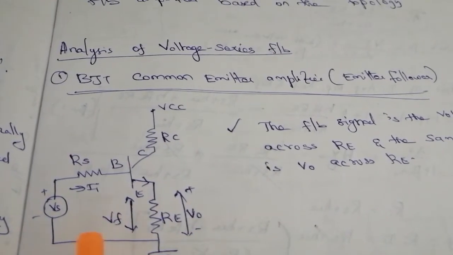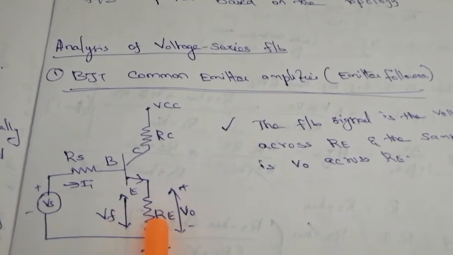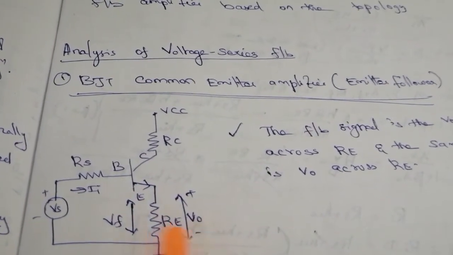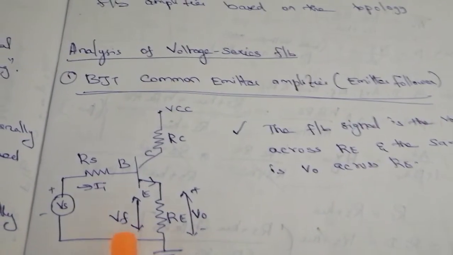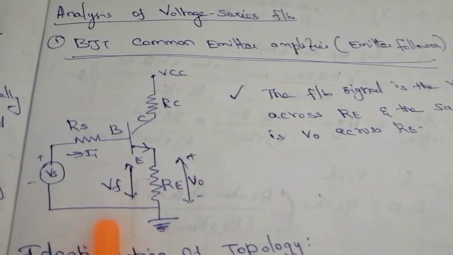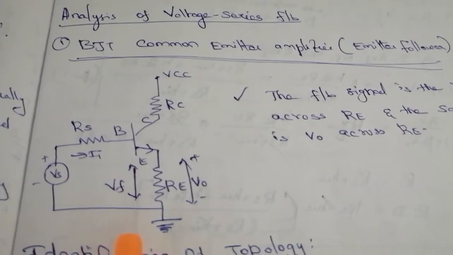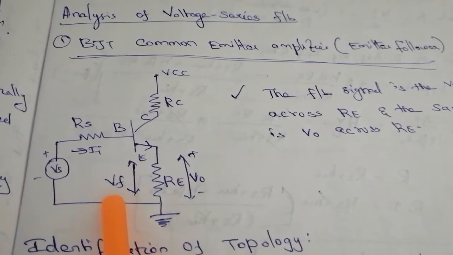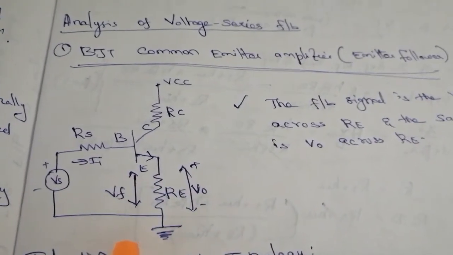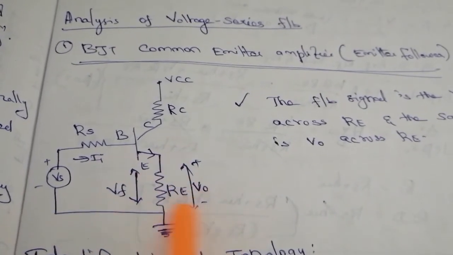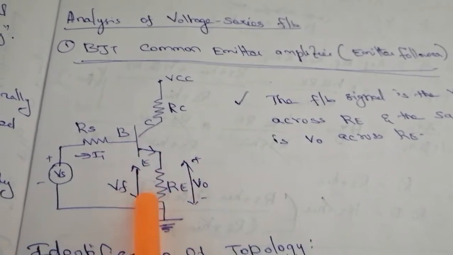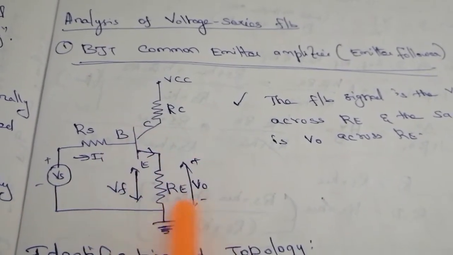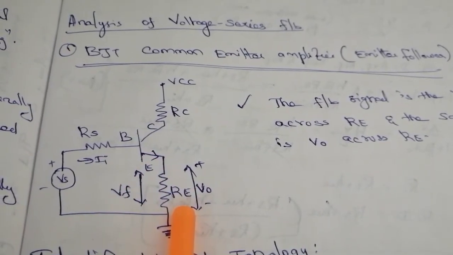Theoretically, we know by shorting the output voltage, that is V naught equal to 0, then the feedback signal Vf becomes 0, means it is a voltage sampling. It's a theoretical one, but easily we can remember by a short hint: if both output as well as feedback are at the same point, then it is called a voltage sampling. Here the output terminal is emitter, right? Then the feedback signal is also emitter. So both are at the same terminal. So it is called a voltage sampling. Okay.